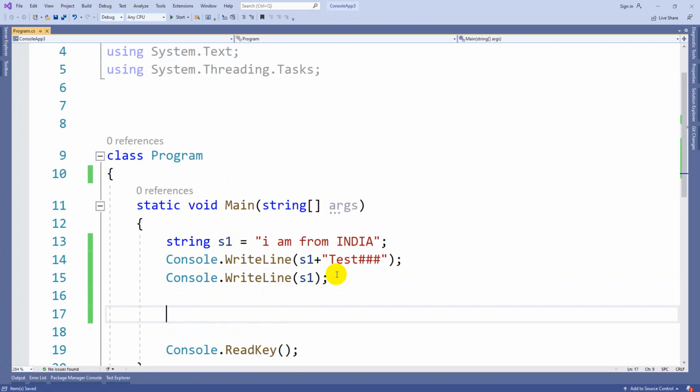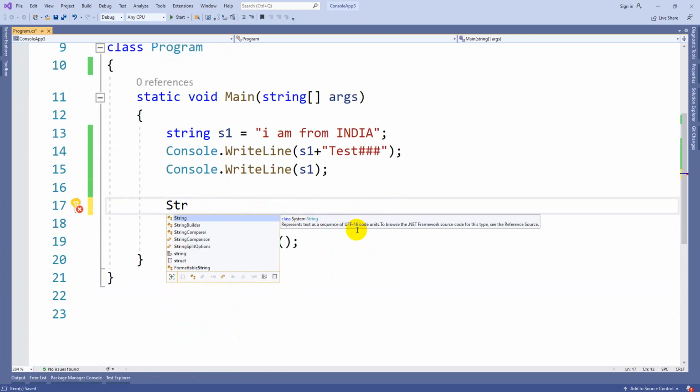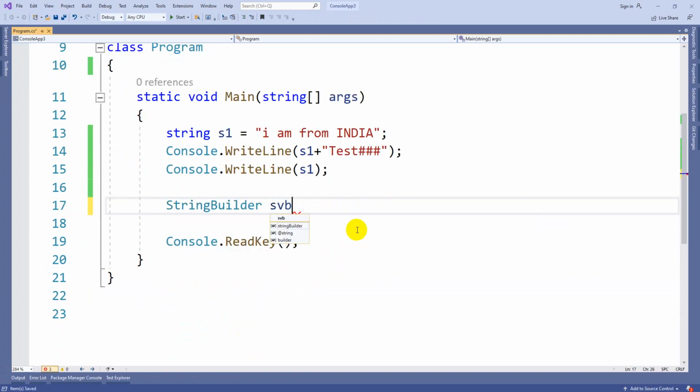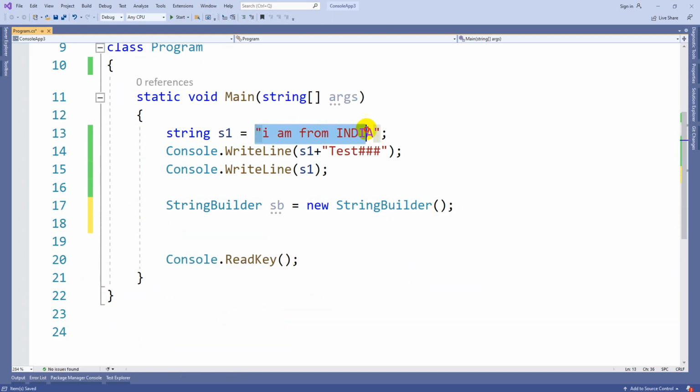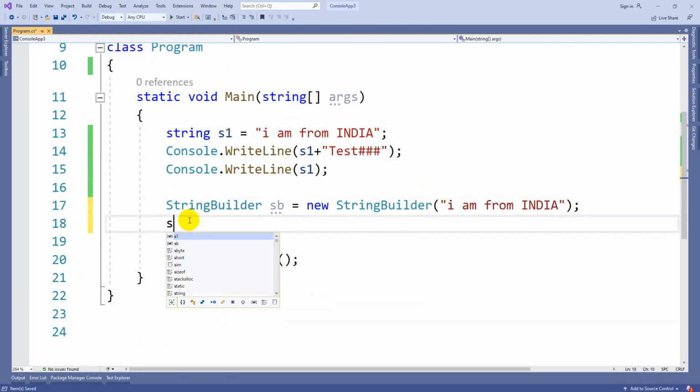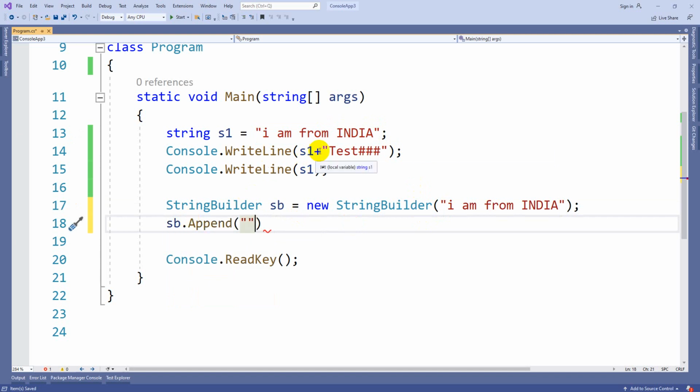Now if you take a StringBuilder, the strings which are constructed by StringBuilder, sb.Append, let's concatenate the same string again.